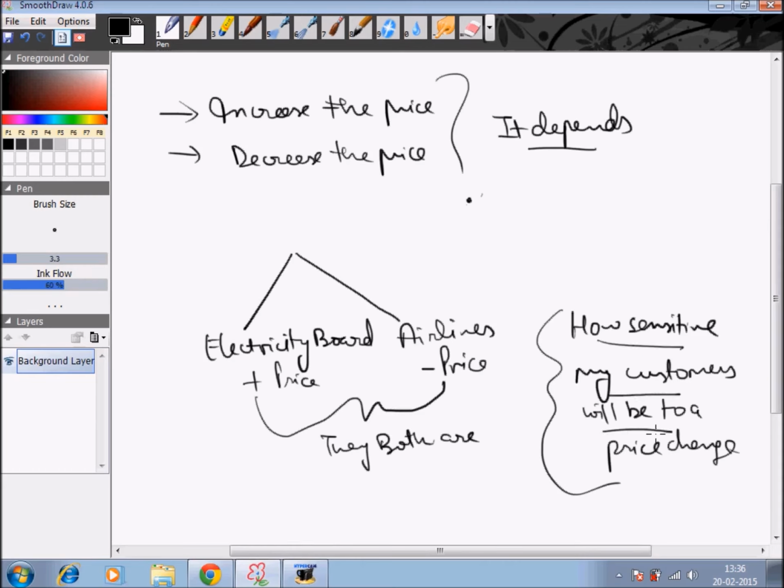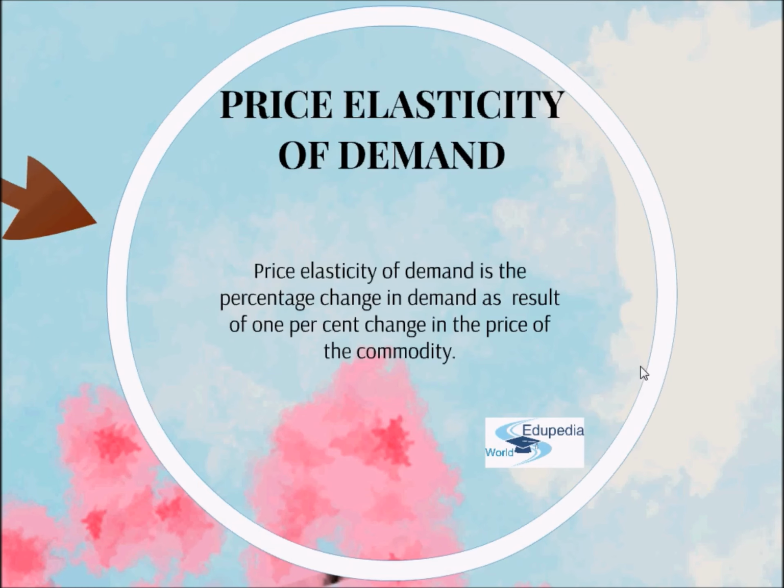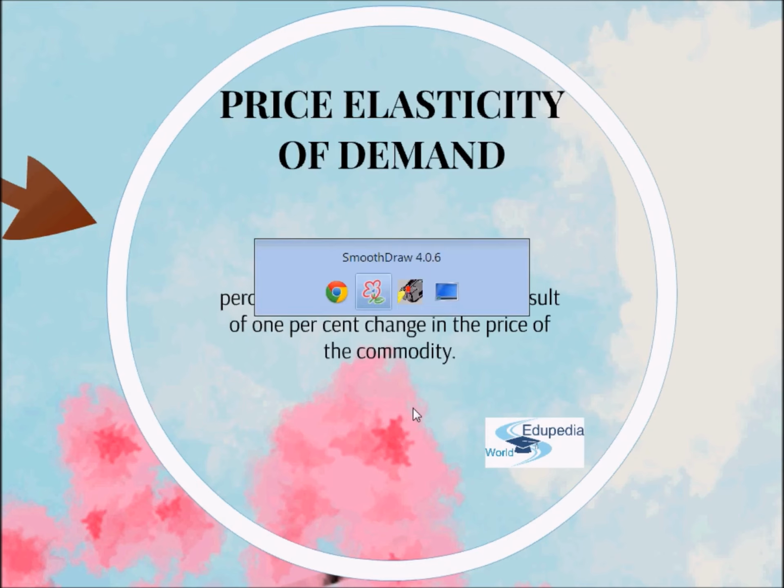Now the answer to this question is given by price elasticity of demand. So what is price elasticity of demand? Price elasticity of demand is the percentage change in demand as a result of a 1% change in the price of the commodity. Now if we have to measure it through an equation,